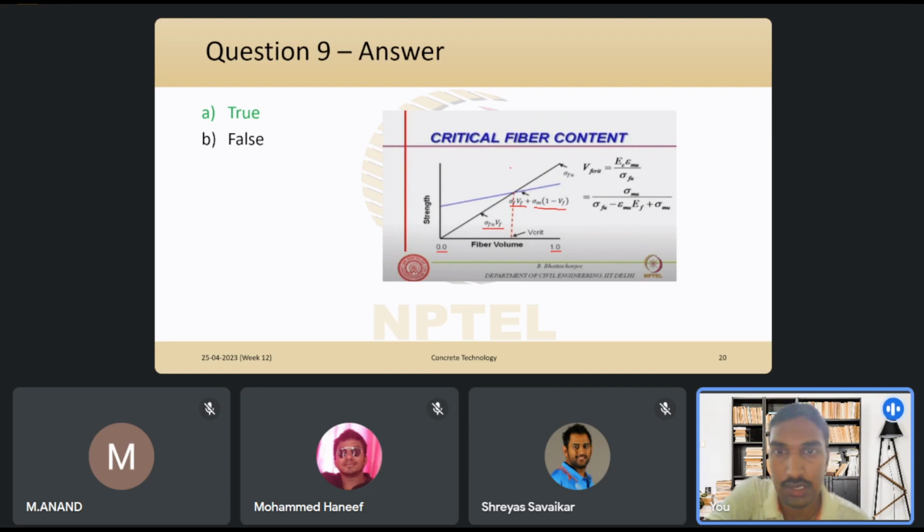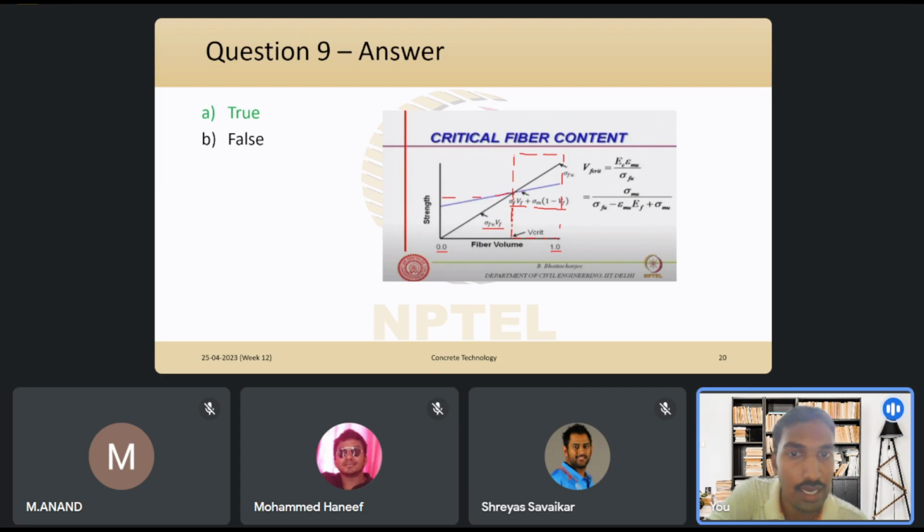In this question we are concerned about this particular region, where our fiber content is higher than the critical volume. This is the part that we are looking at. We have higher fiber content in our concrete than this critical volume. In that case, because you are greater than this critical volume, any load that is greater than this particular strength, which is the maximum that your mortar can take,